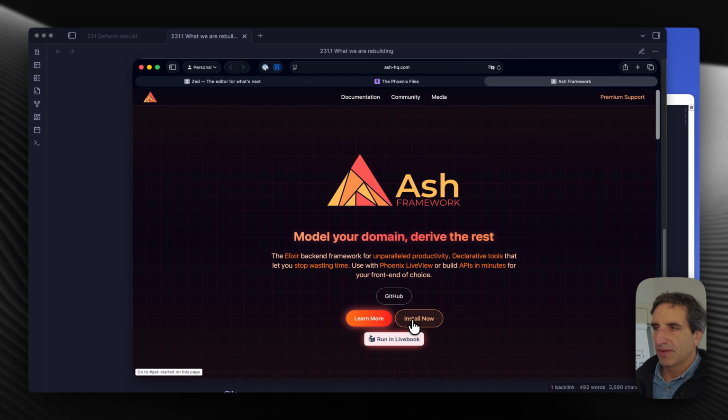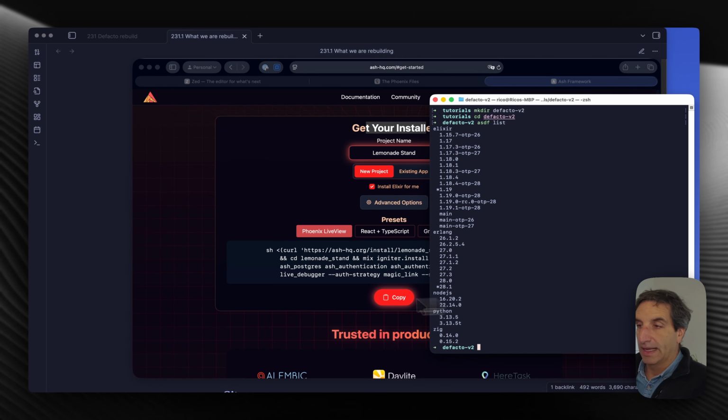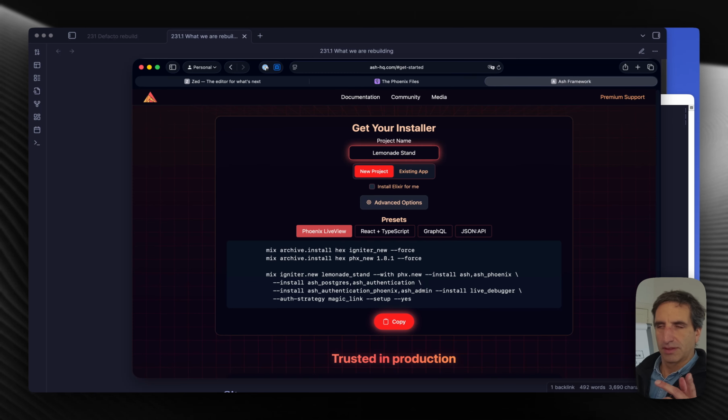And besides, they have a fantastic get started thing here. So you can just come in here, select what you want, copy this, paste it into your terminal, and get started, right? So let's just tweak a couple of things. We're not going to install Elixir because we have done that with ASDF. And we're just going to take here the basic package that I have here for Elixir,